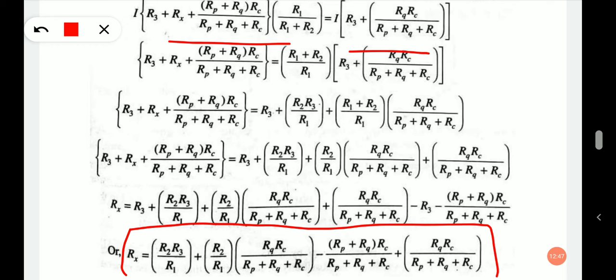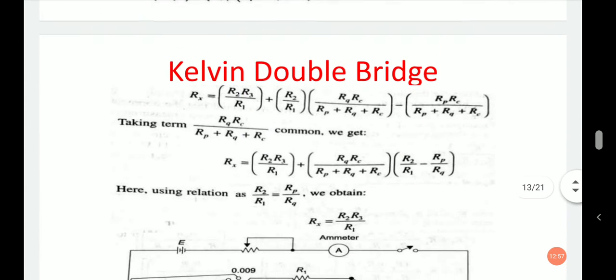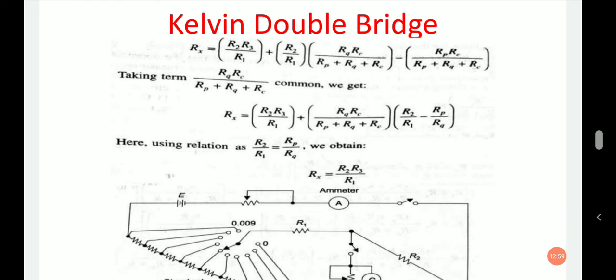So this is the actual solution of these previous two equations. After equating the left side and right side of these two equations, finally we will get the value of Rx, and again if we extend that solution,